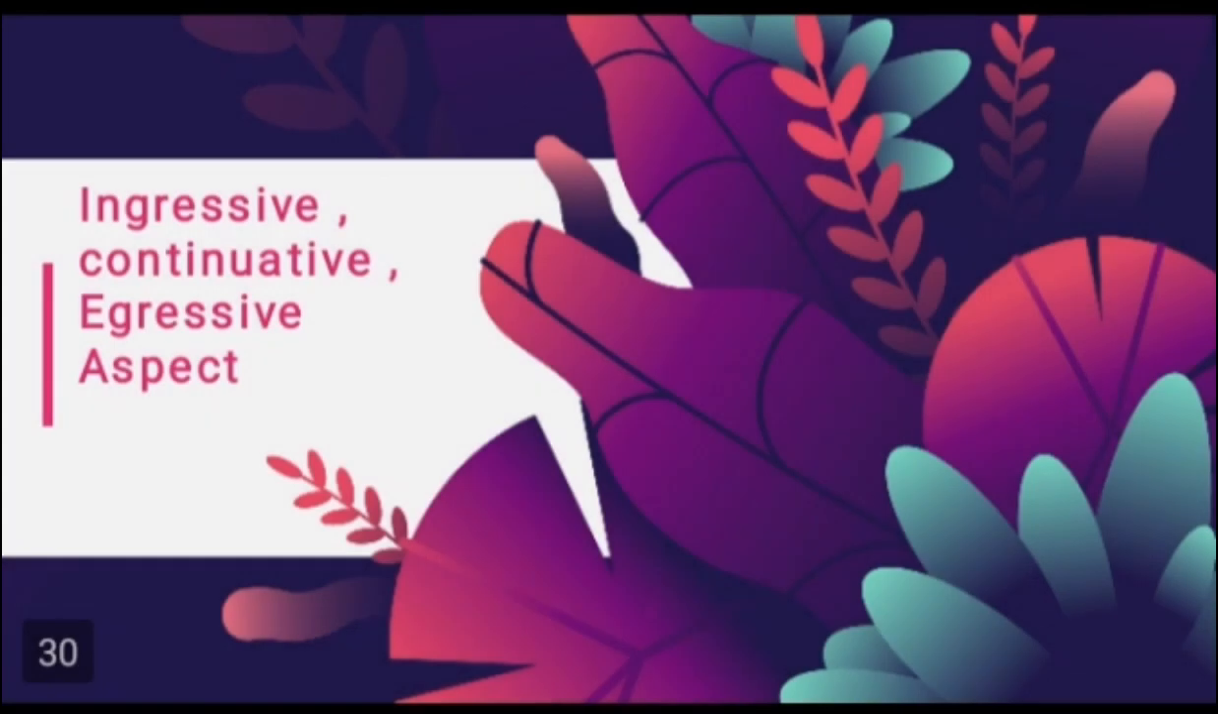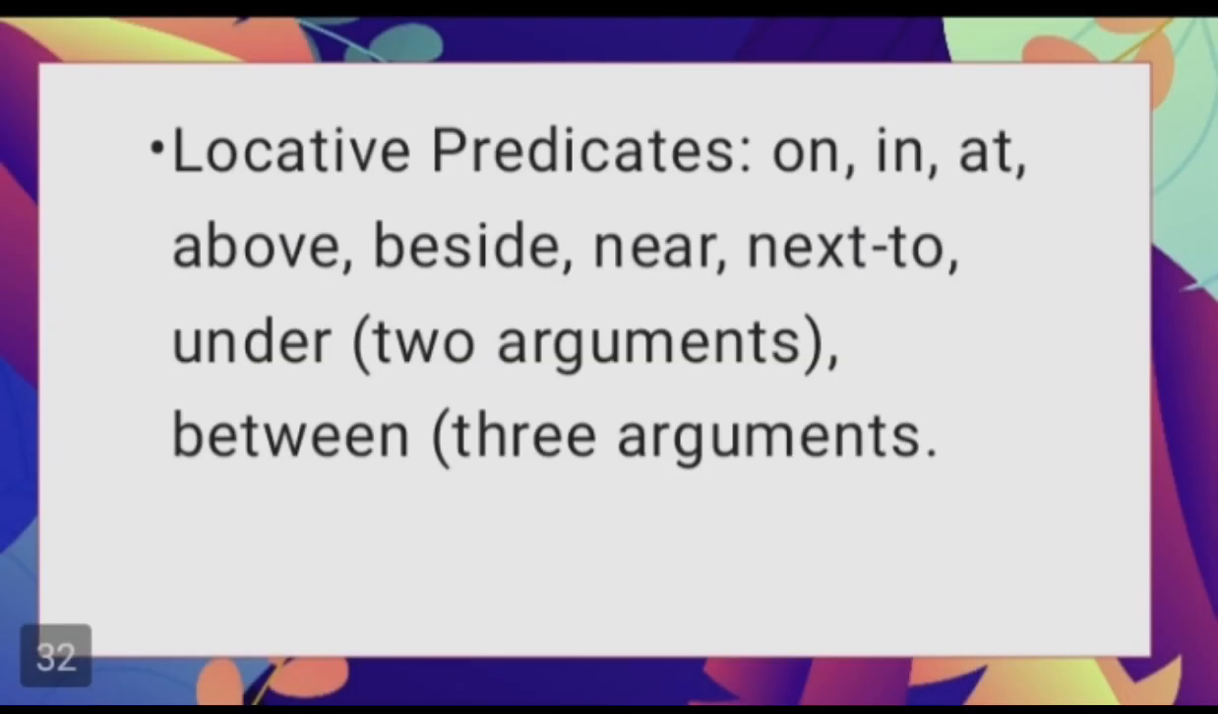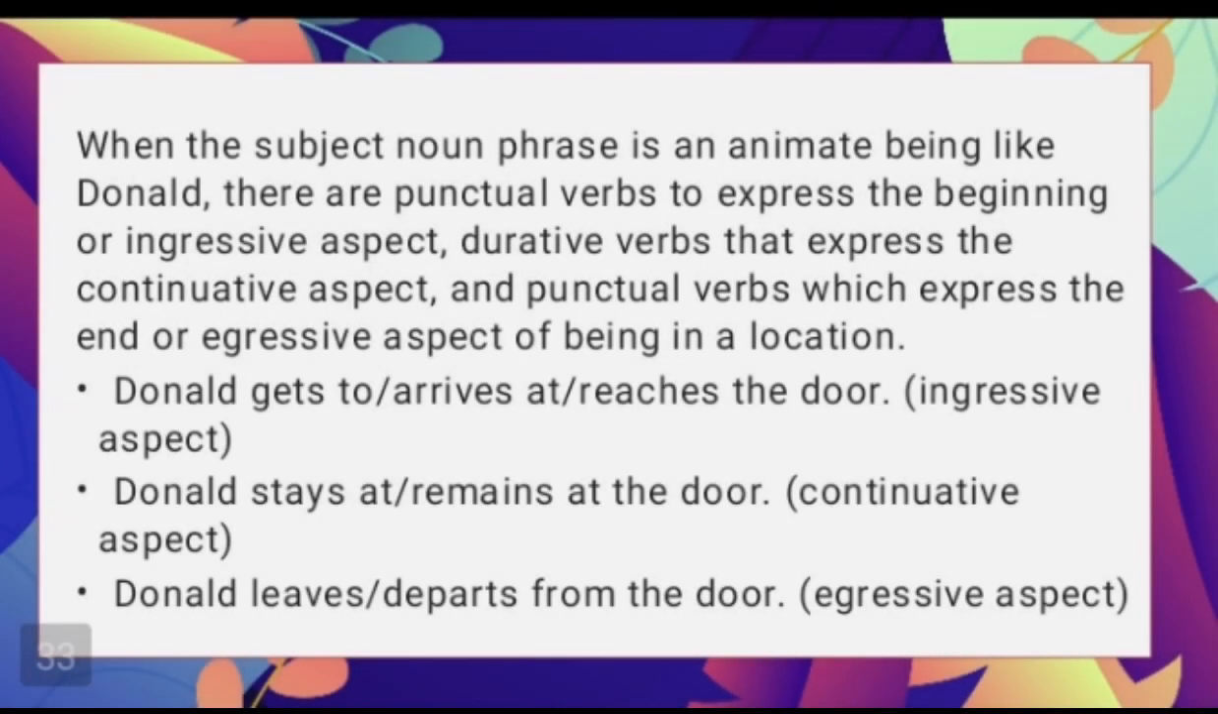Ingressive, continuative, egressive aspect. Predicates of location. The lamp is on the table. Some oranges are in the basket. Donald is at the door. Locative predicates: on, in, at, above, beside, near, next to, under, two arguments. Between, three arguments. When the subject noun phrase is an animate being like Donald, there are punctual verbs to express